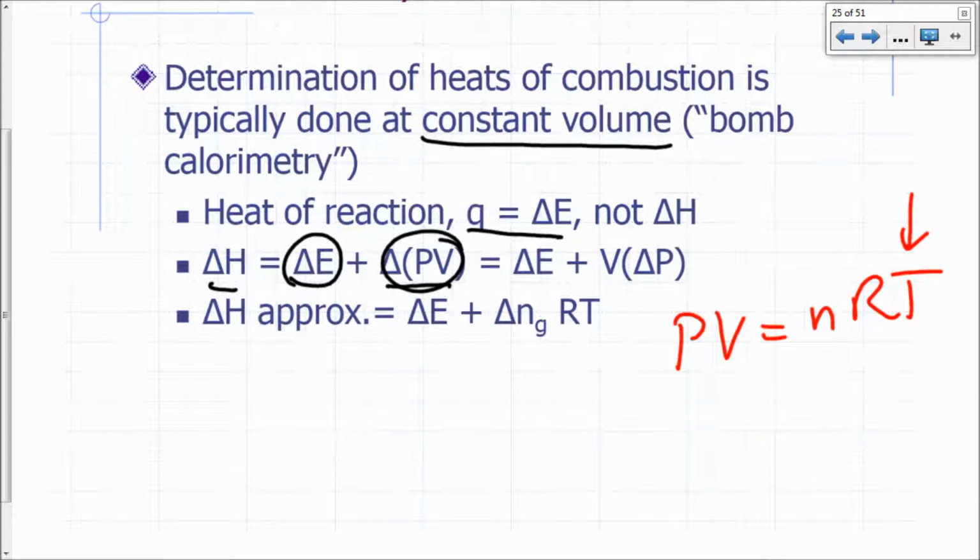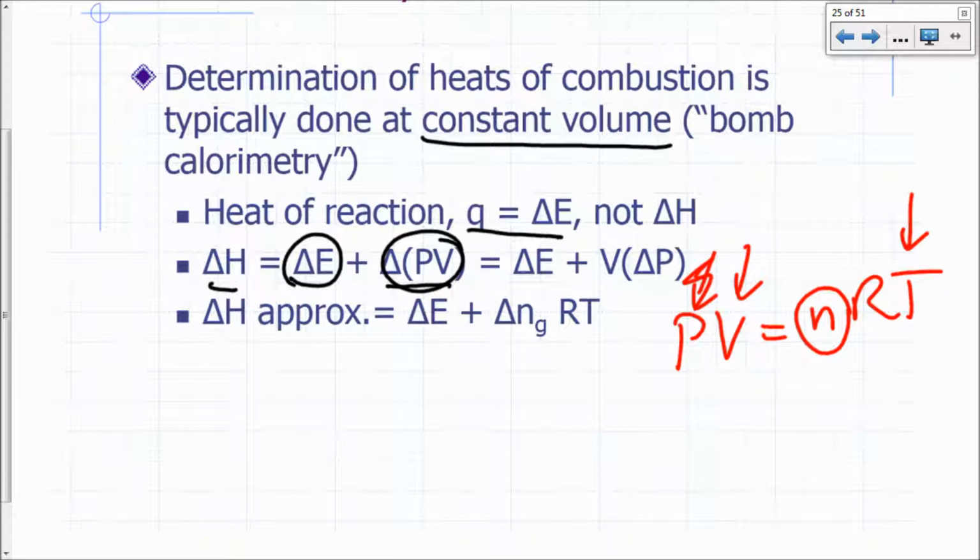Remember, when we're calculating heats of reaction and delta H of a reaction, we're assuming a fictitious process where you start out with reactants at a given temperature, which is 298 Kelvin, 25 degrees Celsius, unless otherwise specified, and you end up with products also at the same temperature. So temperature is constant, pressure is constant, so volume is constant here. So delta PV will just result from a change in the number of moles of gas. Okay? The change in pressure inside your bomb will result from a change in the amount of gas you have